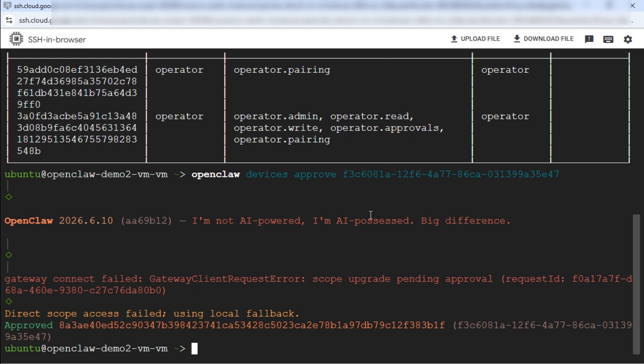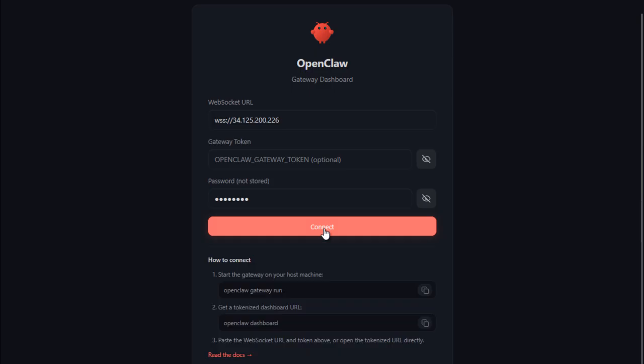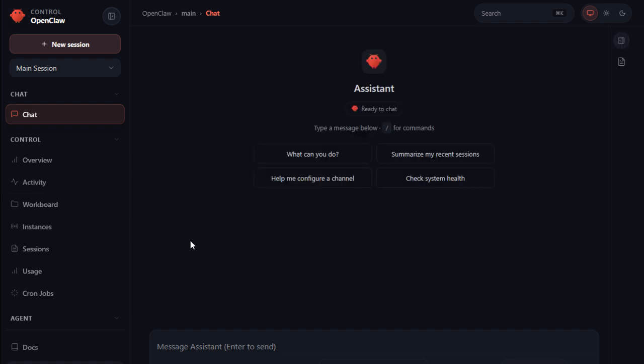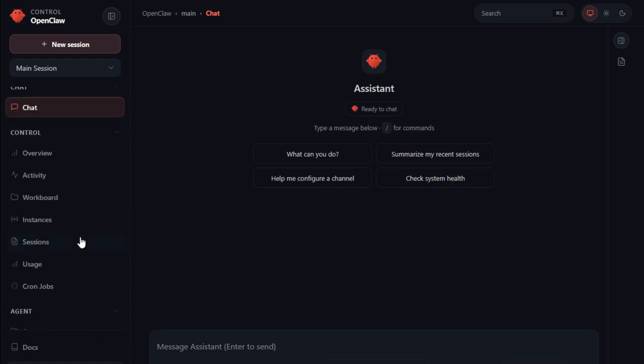your device. So now we are logged into the OpenClaw web interface. You can set up your agent, configure various channels and start the automation. At this stage, your deployment is complete. Don't worry if some options in the interface are unfamiliar. In the upcoming videos, we will explore the OpenClaw web interface in detail, including channels, sessions, agents, and many other